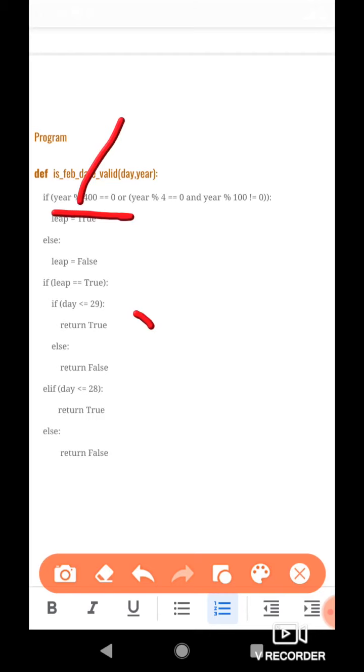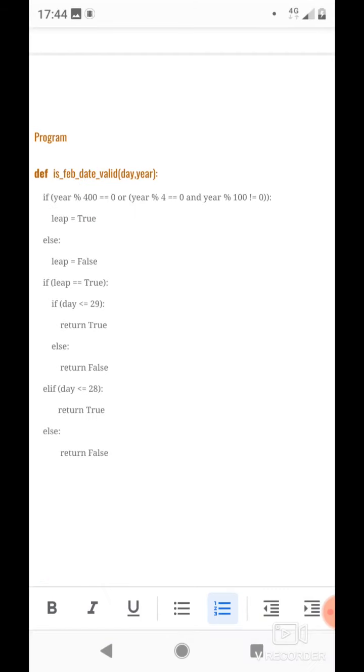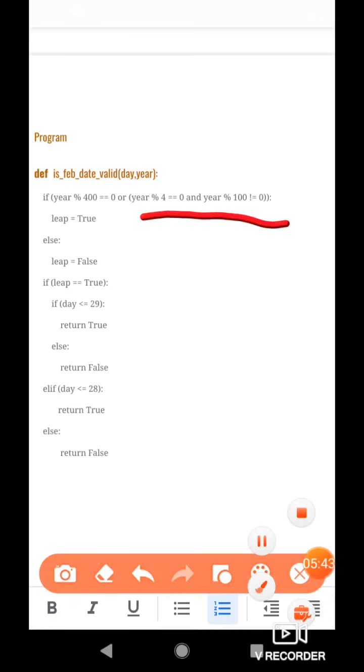Similarly, the second condition is for years which are not centenary. For this we first make sure that the year is indeed not centenary by checking the remainder with 100. The remainder with 100 of the year should not be equal to 0, because if it is 0, then the year is a centenary year, and we are not handling centenary years in this condition.